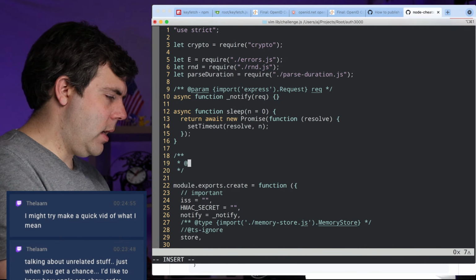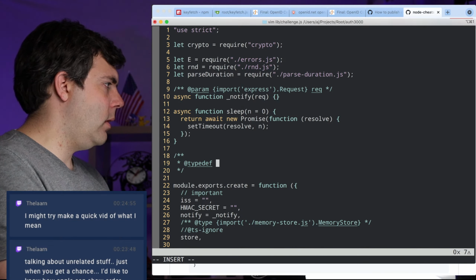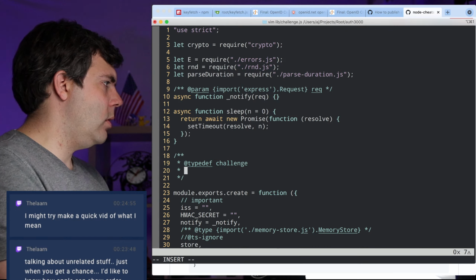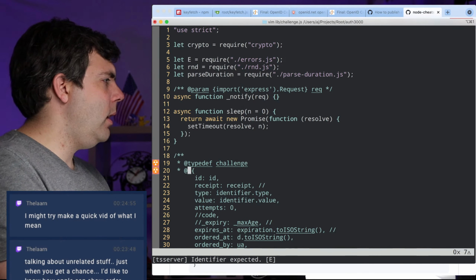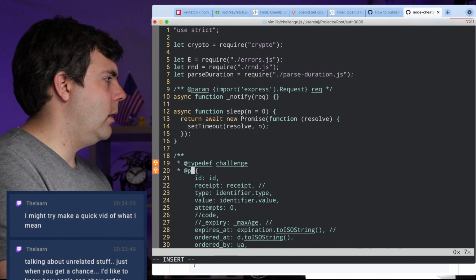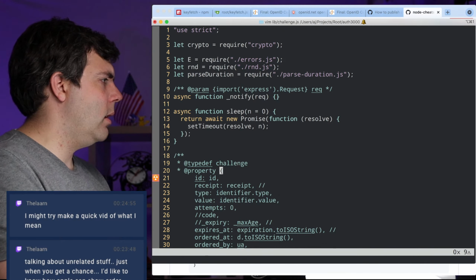So at type def challenge, and then all these things. Is it param or property? I forget how this is done. Property, maybe?